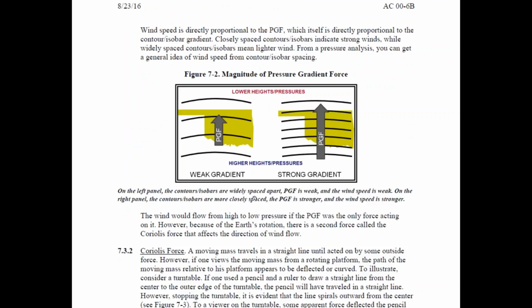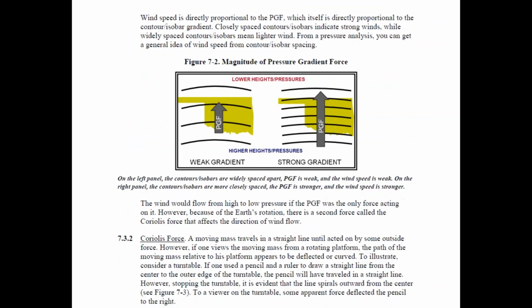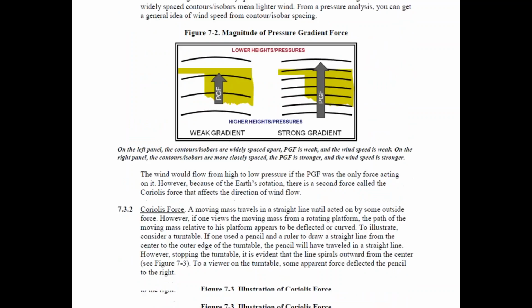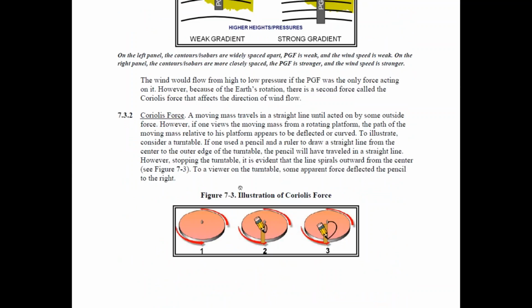Wind speed is directly proportional. Let's jump down to Coriolis effect. Coriolis effect is simply the Earth's rotation that causes the wind. So you have things like mountains on Earth, and the Earth is spinning. Because the Earth is spinning and has all of this topography, and it's not perfectly flat, if you think about a mountain and something spinning, those things are creating what is called a Coriolis effect. They're trapping the air, or causing the air to spin in different